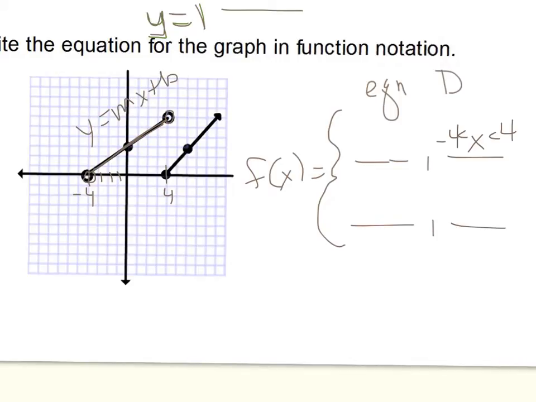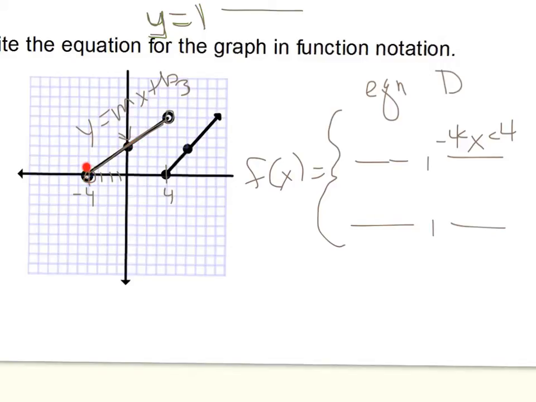Now, I see right here, here's my b, yay. So I don't have to figure it out. It's 3, so that b is 3, and the m we have to count. It doesn't matter which 2 points you choose. I have 3 points labeled on there, so you could count between any combination of them. I'm going to choose this bottom one here up to this y-intercept